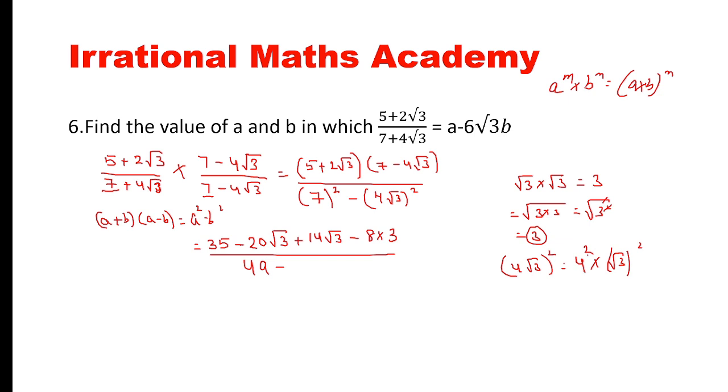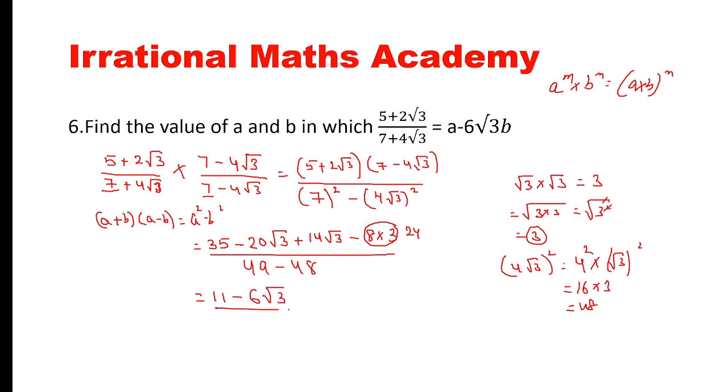So what do I get here? a power m into b power m. So this becomes 4 square, 16. Square and root get cancelled, 3. So what I'll get here is 48. So directly I'm writing here 48. Let me simplify this one. So this part becomes 24, right? So 49 minus 24 I'll get 25, then minus 20 plus 14 minus 6 root 3